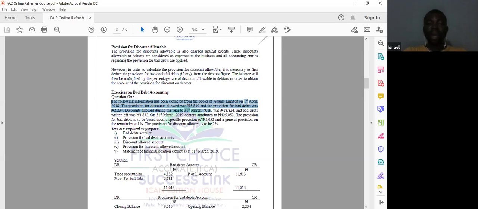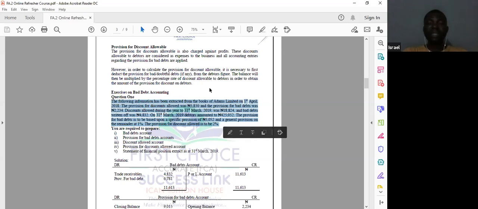18,824, and bad debt written off was 4,832. On 31st March, debtors amounted to 425,052. The provision for bad debt is to be based upon a specific provision of 5,052 and a general provision on the remainder at 1%. The provision for discount allowed is to be 2%. You are required in the exam to: